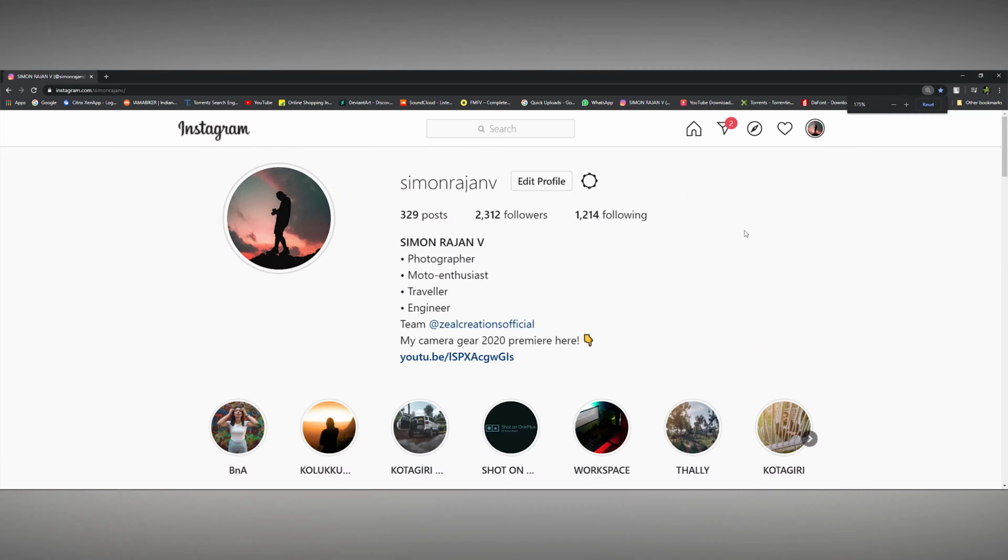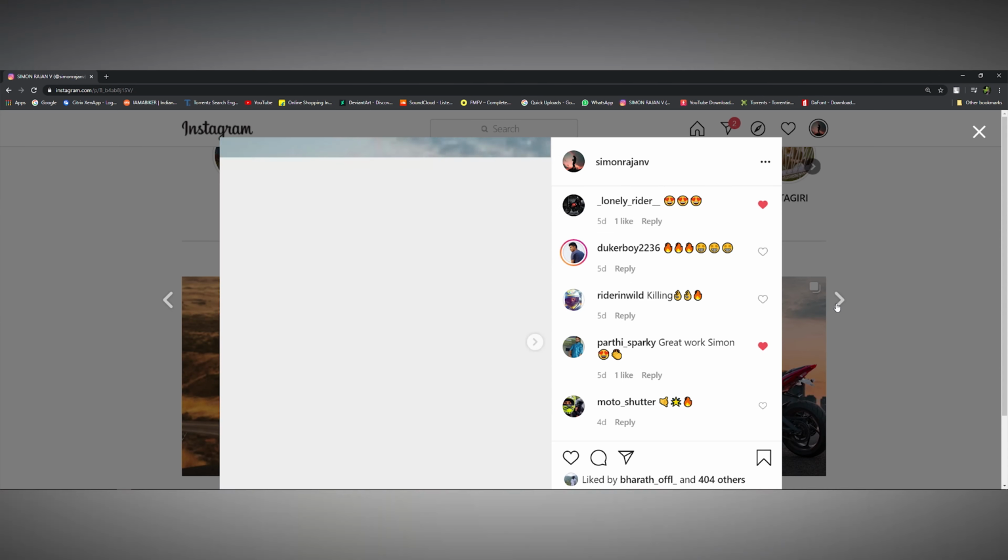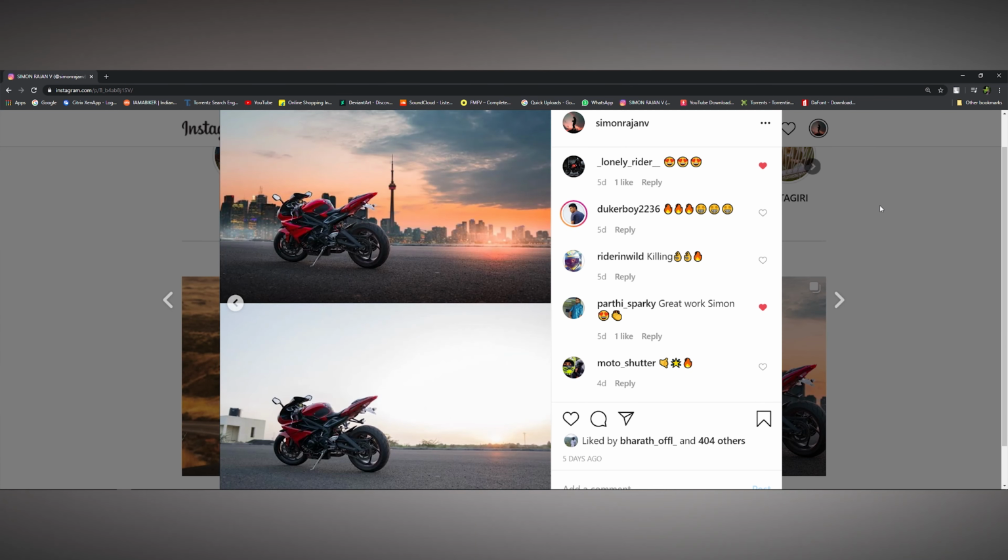In today's video we're going to be seeing how I changed this image into that. It's going to be a Photoshop tutorial of how I made the Daytona image, which I just recently posted on Instagram like a week ago. There were plenty of comments saying that it looks pretty realistic. So yeah, without further ado, let's just get started on Photoshop.